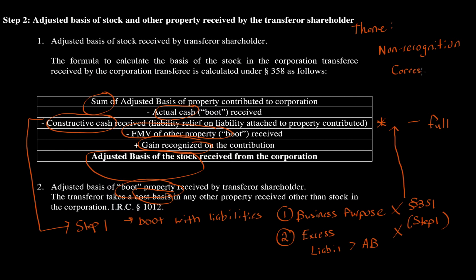The corresponding adjusted basis rule makes sure that any lurking gain or loss is going to be held in the stock received by the corporation. All the boot property will be at cost basis, which is fair market value at the date received. And that property, since that portion is going to recognize gain for the transferor, there should be no carryover basis. There shouldn't be a lurking gain or loss in that item, but it should be within the stock received by the corporation. So consider that general theme when you're viewing this rule, because that will help you